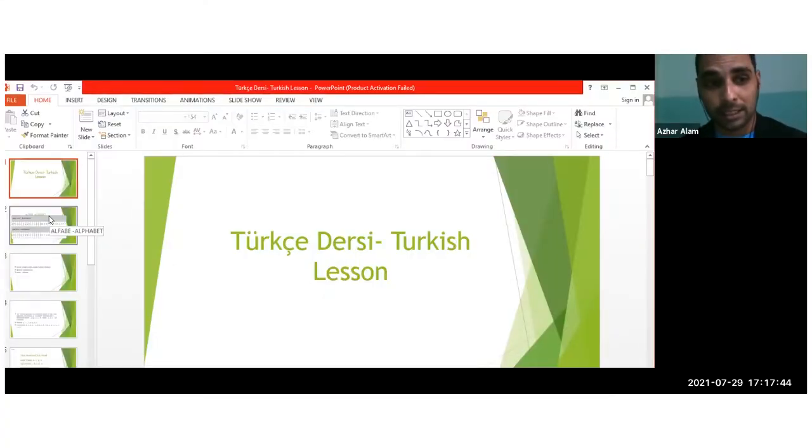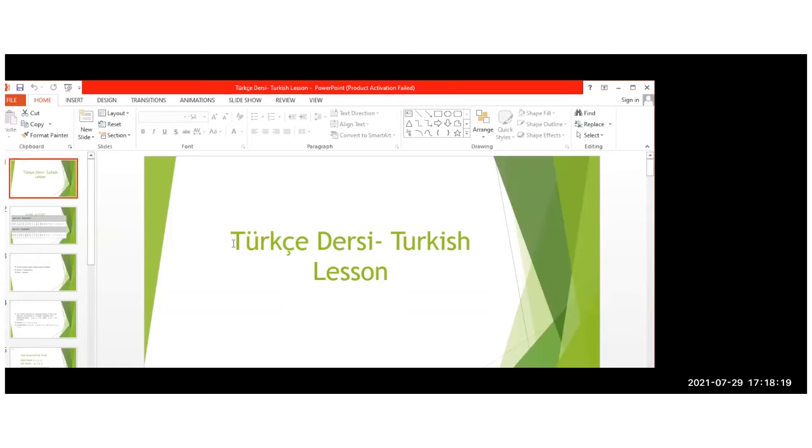Turkish alphabet has Latin script, and this happened in 1928 when Mustafa Kemal Atatürk, the then president of Turkey, changed the Turkish alphabet from old Arabic to Latin. But this is not completely Latin. It has derived letters. Turkish alphabet is a derived Latin alphabet. Got my point? Yes. Okay.